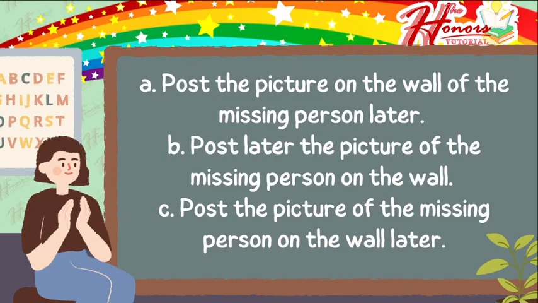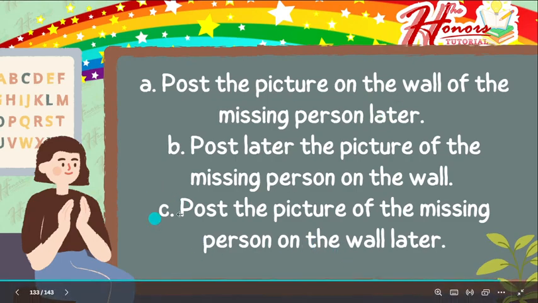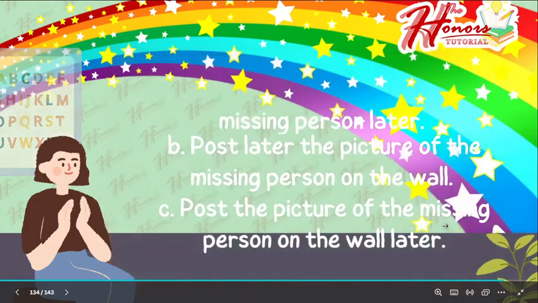Okay, very good. So the correct answer in this question is letter C. Post the picture of the missing person on the wall later. So again, the adverb of place, which is on the wall, comes before the adverb of time, which is later. And last one,